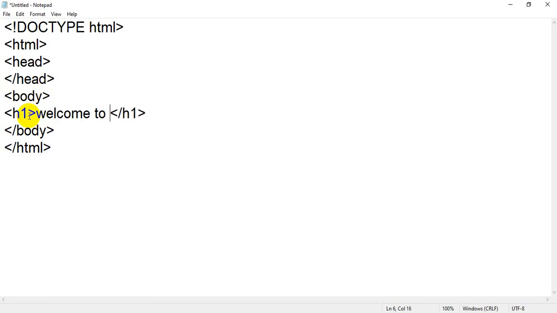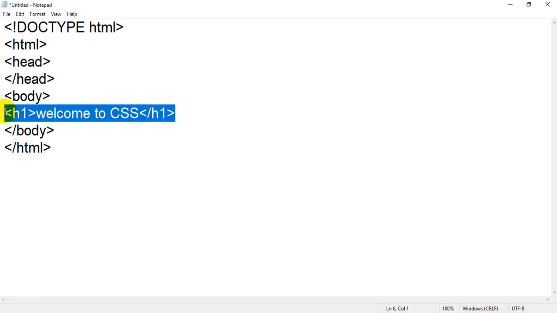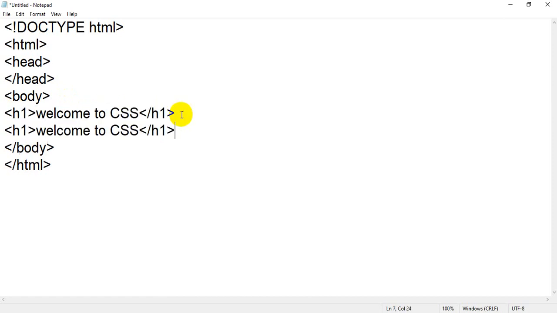Then I will copy it with Control C, and just below that I will paste welcome to CSS. Okay, I have taken h1 two times. Now I want to save the file.